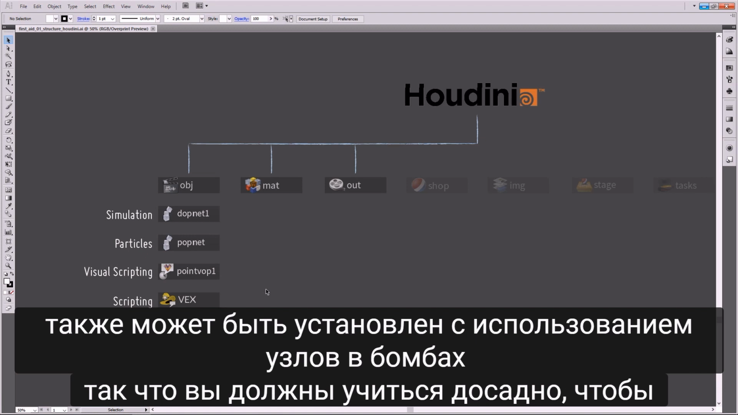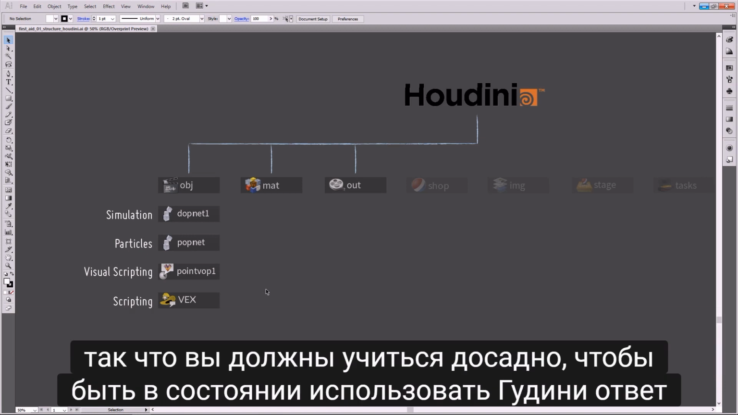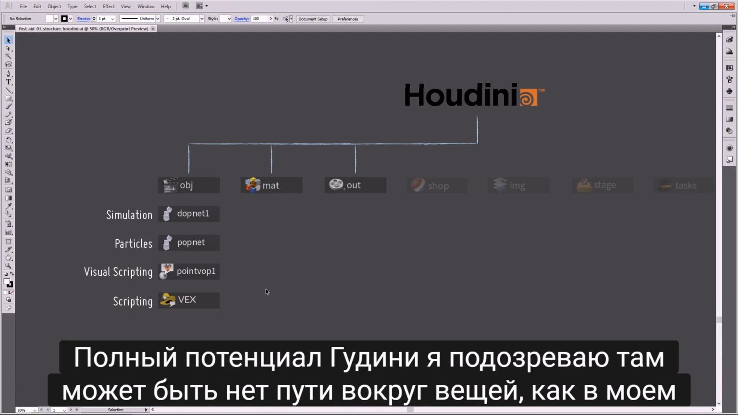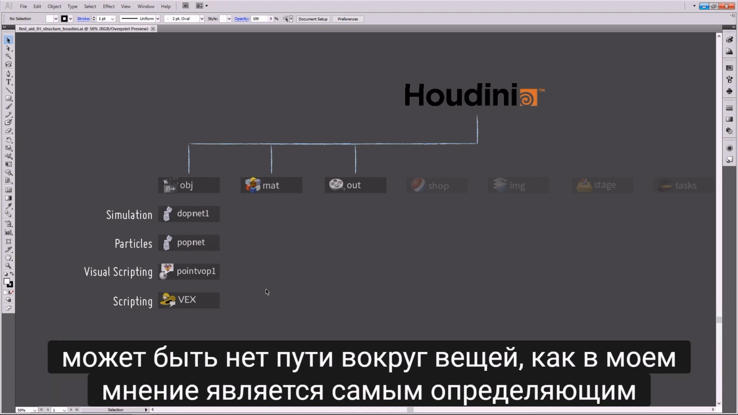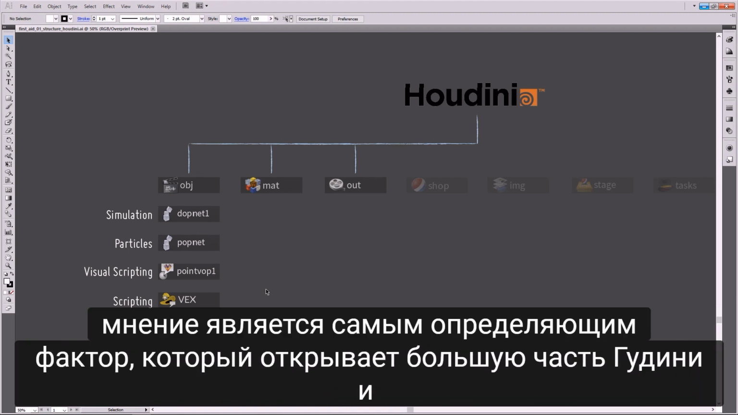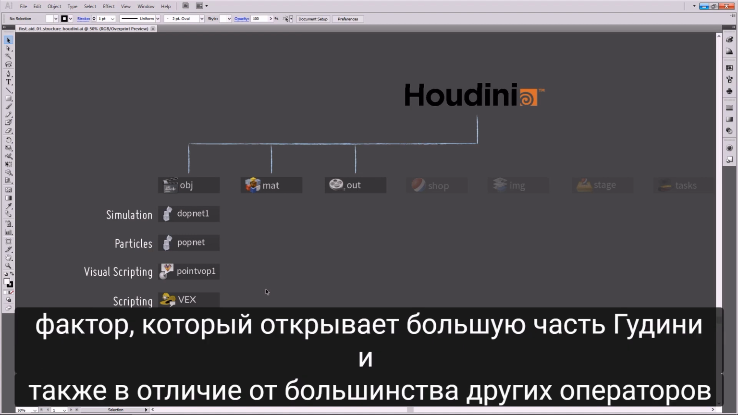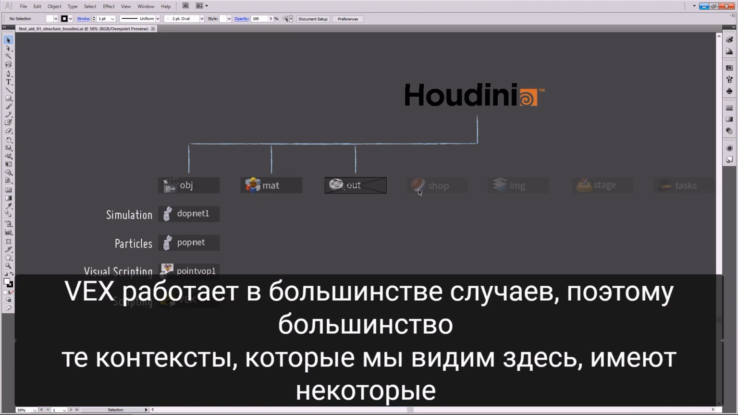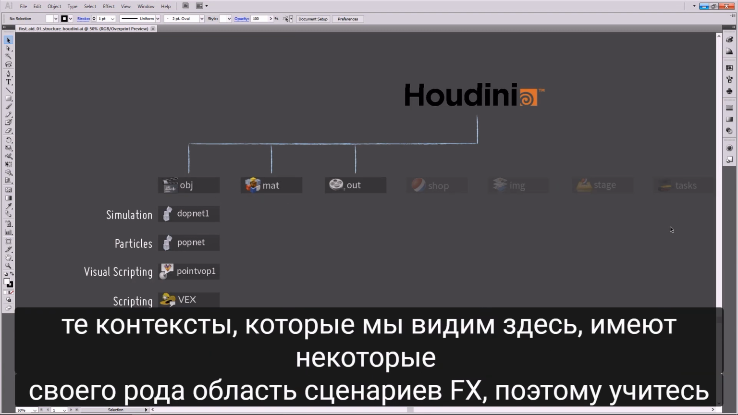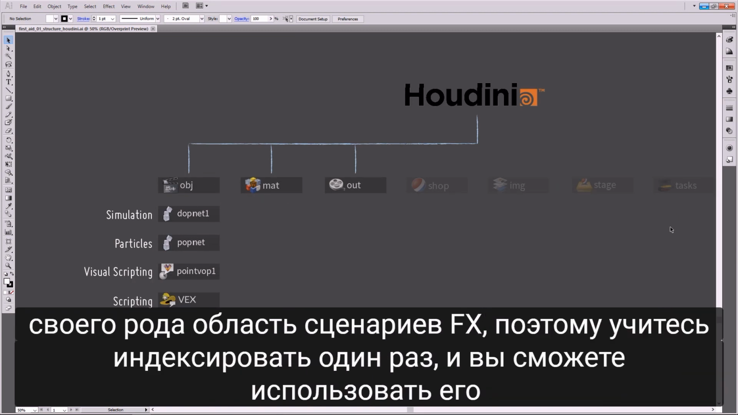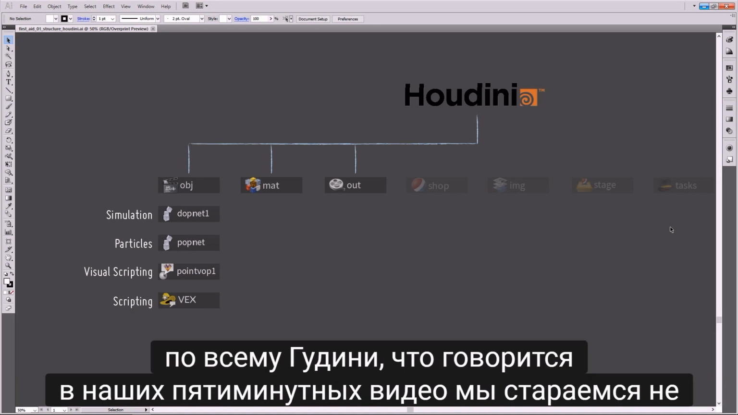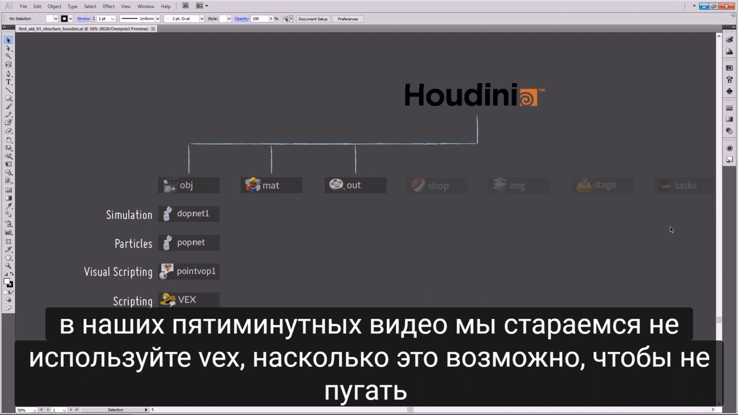So do you have to learn VEX in order to be able to use Houdini? The answer is definitely no. However, if you want to use Houdini's full potential, I suspect there might be no way around VEX, as in my opinion it is the single most determining factor that unlocks most of Houdini. And also, in contrast to most other operators, VEX works in most contexts. So most of those contexts we see up here have some sort of a VEX scripting area. So learn VEX once, and you'll be able to use it all throughout Houdini. That being said, in our 5-minute videos, we try not to use VEX as far as possible, not to scare